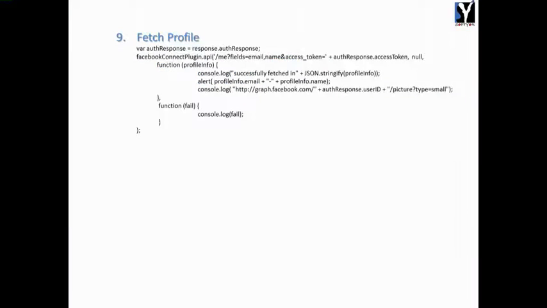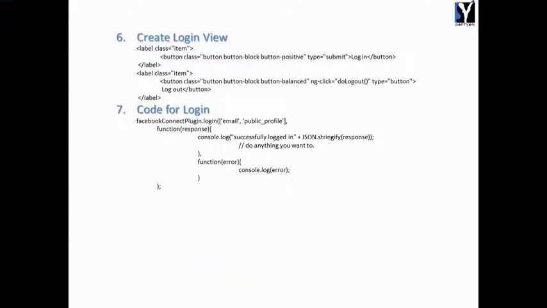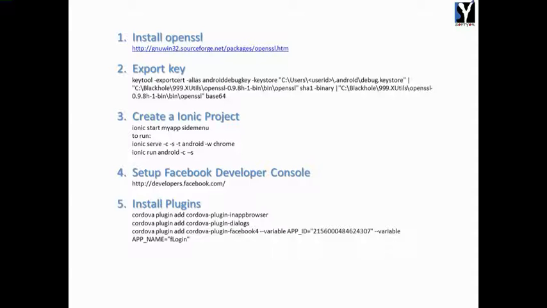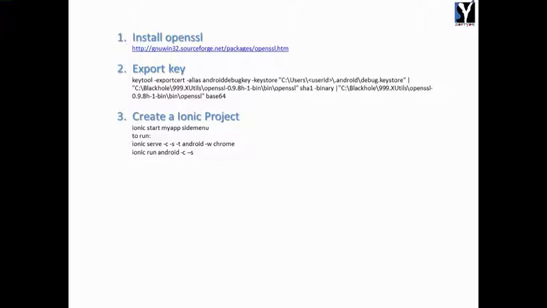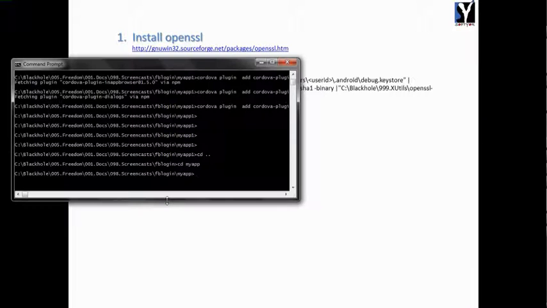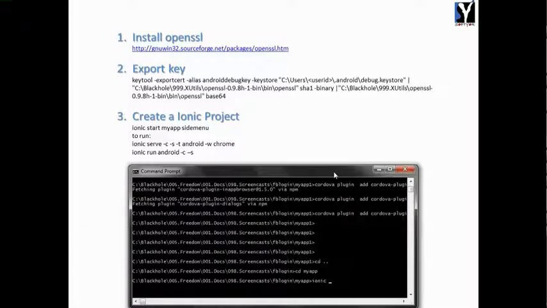If you remember, I'll go back to the first screen. Yes, in this screen, this is the command you have to fire in order to run or push it to your Android app, which is ionic run android -c -s. So ionic run android -c -s. I'll run that,